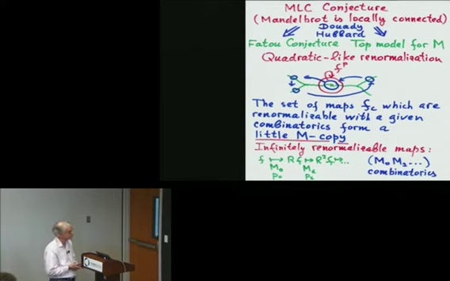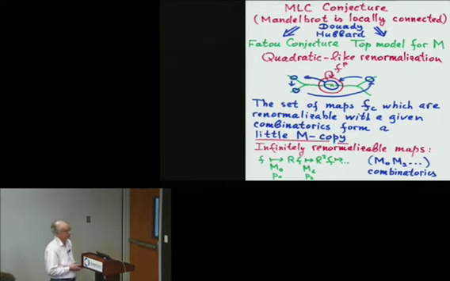this renormalization. It is the way these domains sit in the big Julia set. You have this domain going around, and you have all these domains sitting in some way in the big Julia set. There is some tree which shows how these domains are embedded into, or located in, the big Julia set. And this tree is responsible for the combinatorics of your renormalization, just for this type of renormalization.